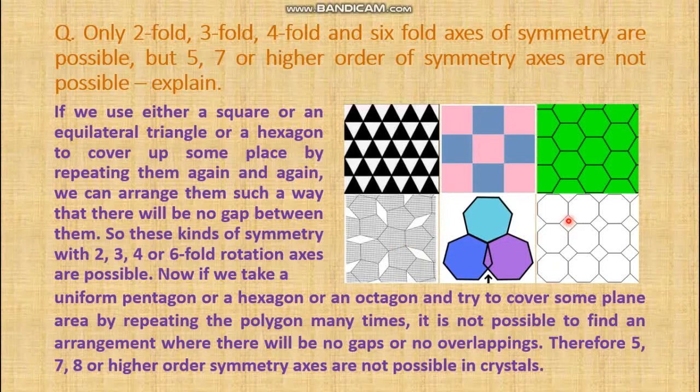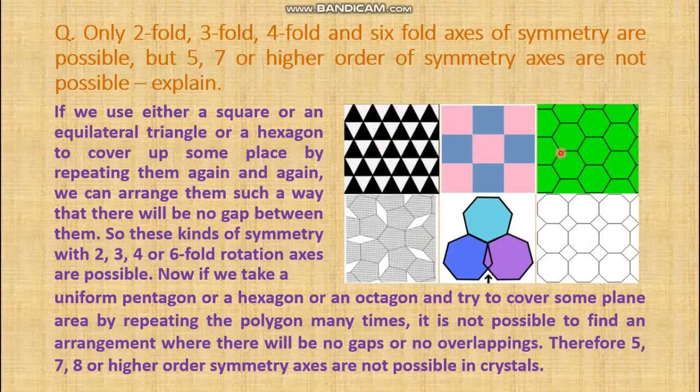This is the gap, this is the gap, this is the gap. Or for a heptagon, that means having 7 edges, 7 sides, there is some overlapping area. So logically, these 3 types, 5, 7 or 8, are not possible,